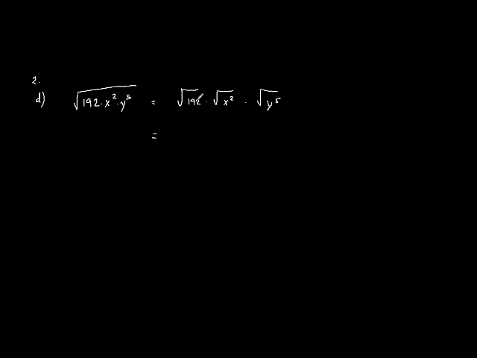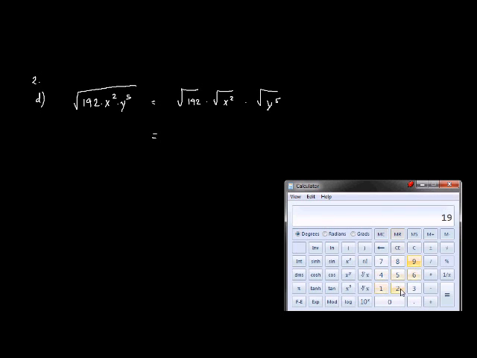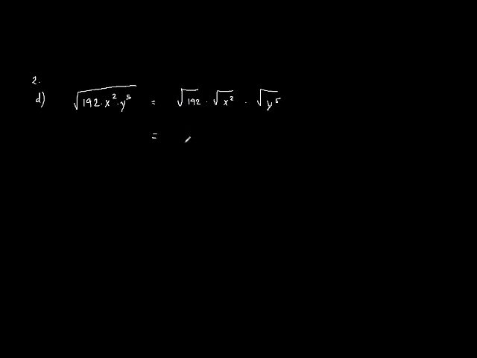Now, I can also play around with my calculator to find out that 192 divided by 3 gives me 64. So I can rewrite 192 as 3 times 64, all of this under the square root, times the square root of x squared, times the square root of y to the 5. Now the reason I rewrote 192 as 3 times 64 is that I know that 64 is a perfect square. So I can rewrite this as 64 is just 8 squared. So this is just square root of 3 times the square root of 8 squared times the square root of